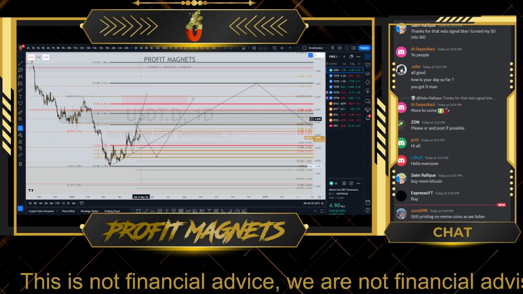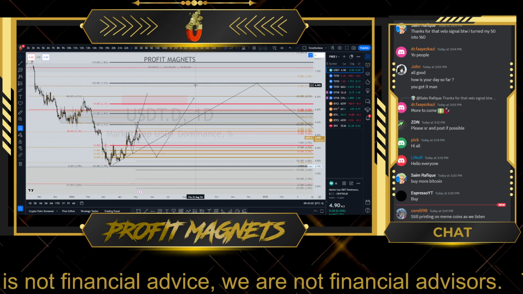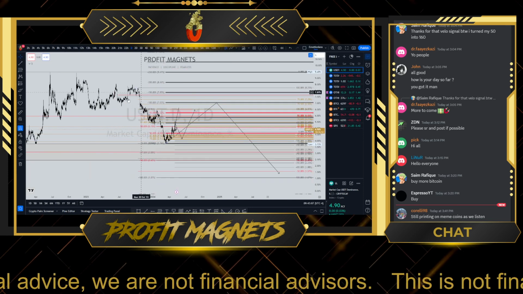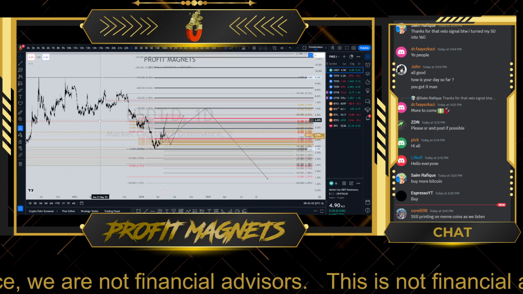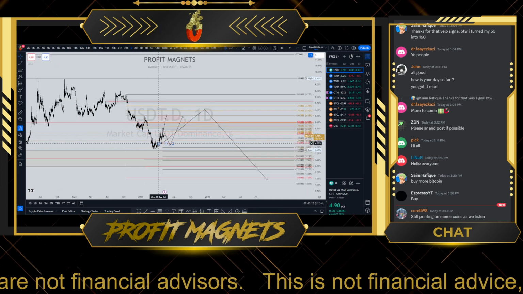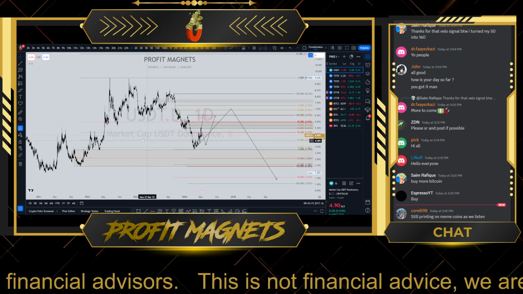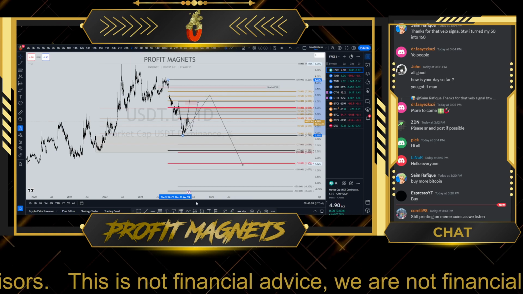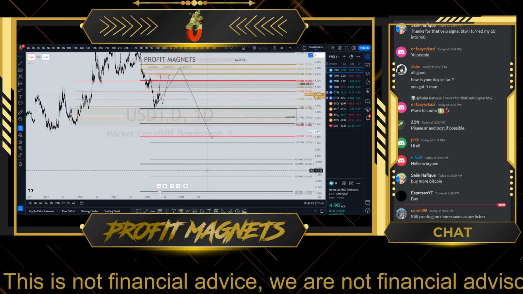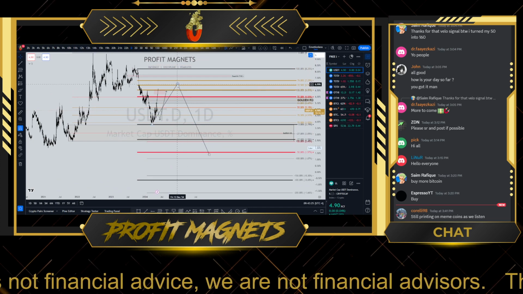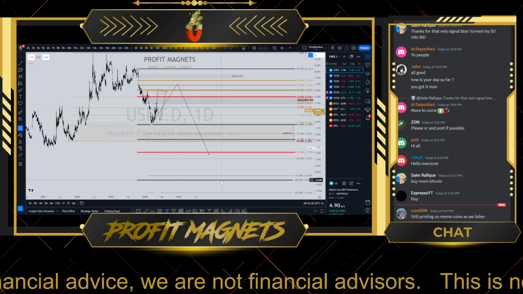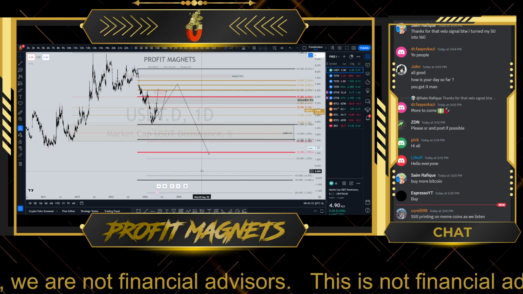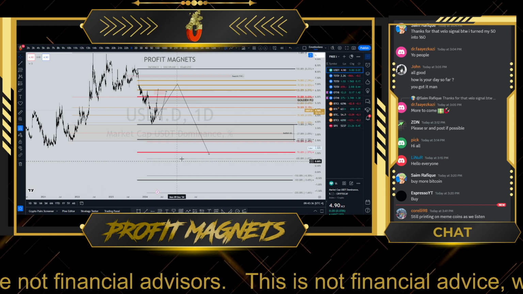We may find resistance here, the same way we could dump here and just push to the upside. And by the way, this is a bearish Fibonacci. You want to see this happening, because once you see this happening, you need to understand that because of the length of the Fibonacci and how big it is, the Fibonacci also has bigger targets. Let me expand. For example, a full extension for the USDT dominance to around this area. Full extension of this Fibonacci will take us back to 0. Well, no, this is below 0, so it is not important and definitely not something to consider.